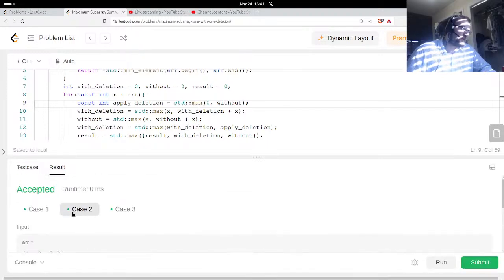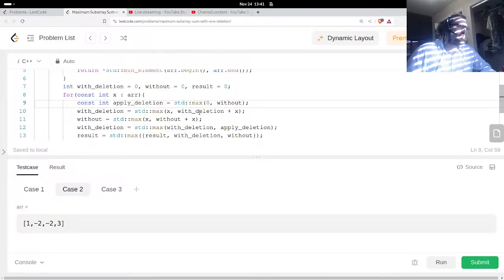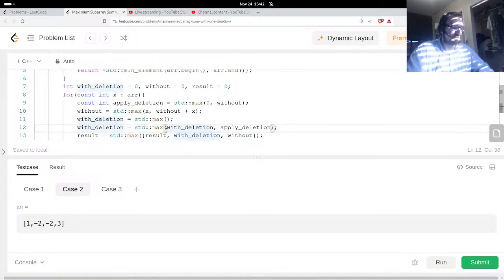Okay, there we go. Let me generate some test cases. So this is a little confusing. Before updating without, I need to apply the deletion calculation. And then the normal with deletion calculation is going to be this one. And it could be one of these four, actually. One of these four. Which could just be one function call,